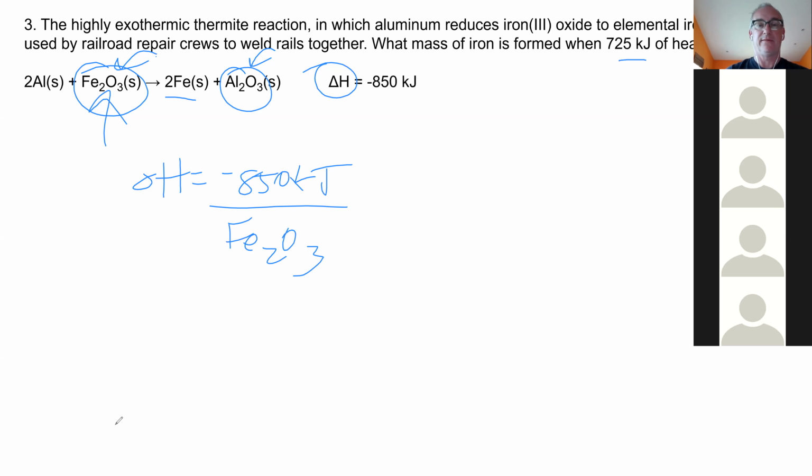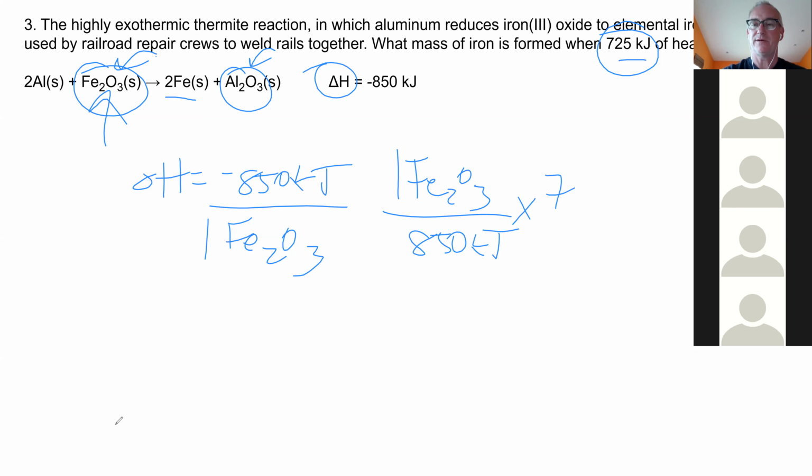Now we have 725 kilojoules. So for every 1 mole of iron, actually I should flip those upside down. So 1 mole of iron oxide is equivalent to 850 kilojoules. Now we've got less than that. So we have 725